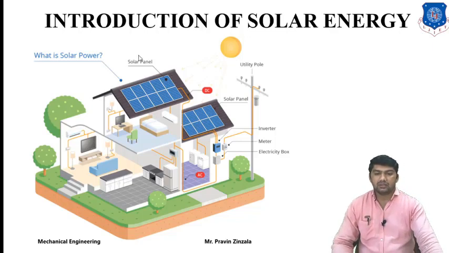To utilize solar energy, we have to install a solar plate, called a solar photovoltaic cell. Whenever solar radiation strikes the plate, it generates electricity, and we supply the electricity through a grid connection, because solar energy is available only during the daytime. We can also directly utilize the grid connection for our home applications. So this is an example of the applications of solar energy.